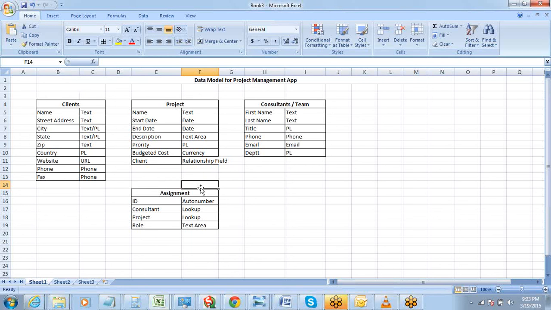If you understand the recruiting process, try to design it for that. If you understand a project management system, try to design for that. If you understand something else, whatever domain or industry you have knowledge of, an attendance management system, whatever, come up with those ideas with the schema design, with this data model design, at least on an Excel spreadsheet, if not on the app. So I think that's it for today.